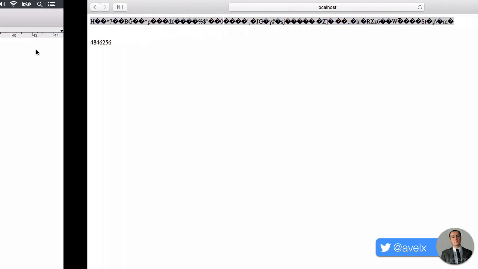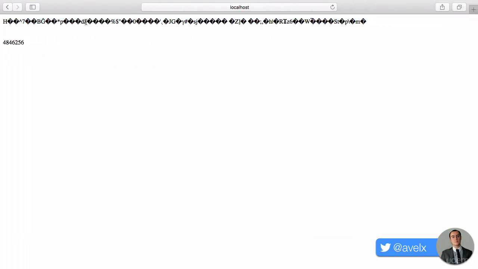So all that is the fact that the actual font that we're using here doesn't have the glyph to display that particular symbol. So they are very special characters that we are using here. They're not just standard letters. They are very funny characters, and that will make for a very strong salt that we can use to encrypt our passwords. Now likewise, we also have the random integer, which is